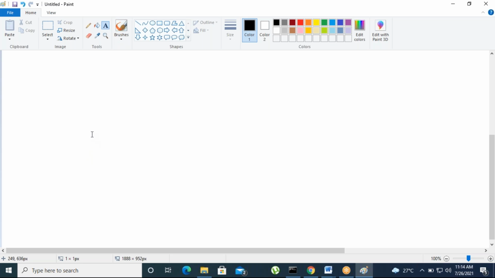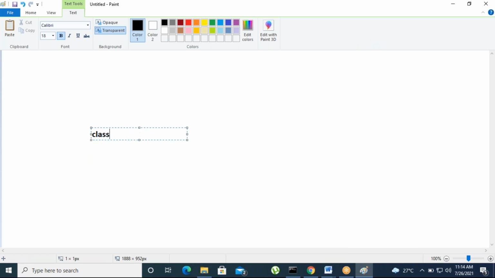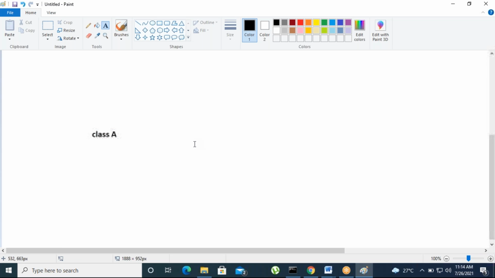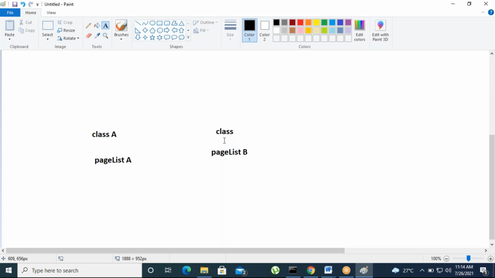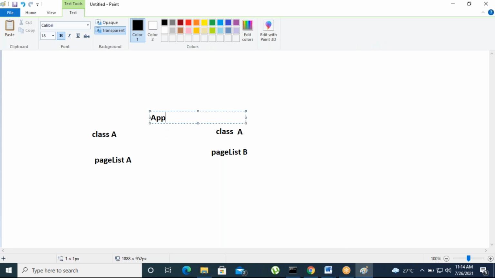Suppose I have a class A, and in this class A I have a page list A. In this class B I have the same class A, and a page list B. Same class only, but a different page list, page list B. If you want to transfer the data from one page list to another page list, or one page to another page, with the same class, that time we can use append to.